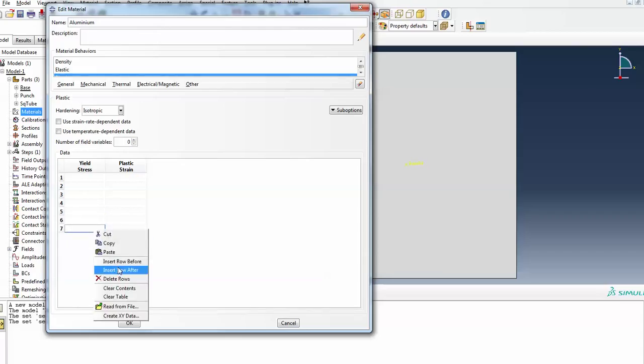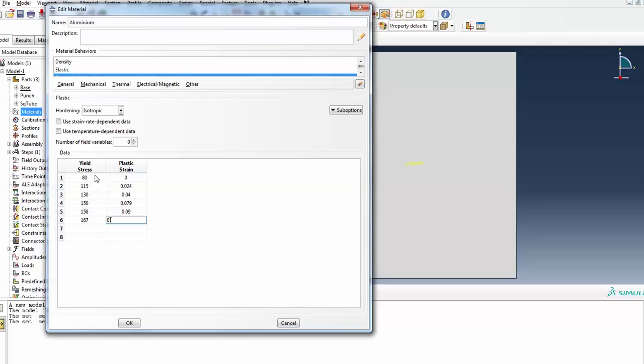If you've got an Excel, everything typed in Excel, it's a lot easier. Anyway, it's 80, 0; 115, 0.024; 130, 0.04; 150, 0.079; 158, 0.09; 167, 0.124; 171, 0.14; 173,